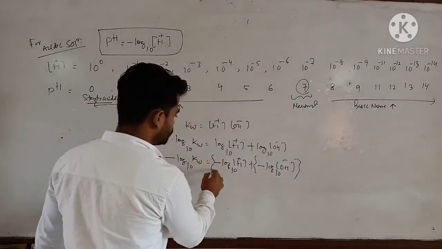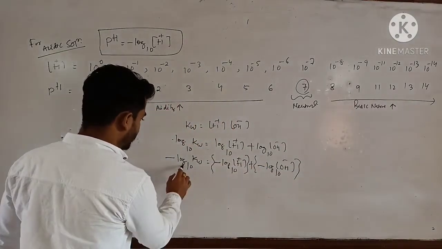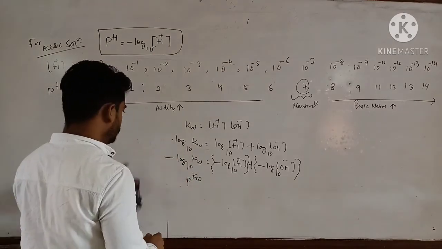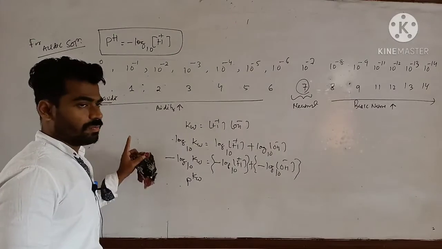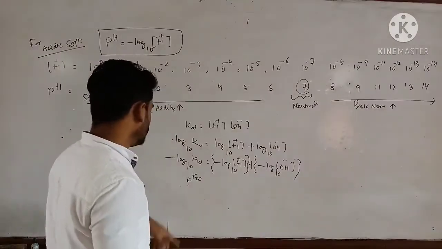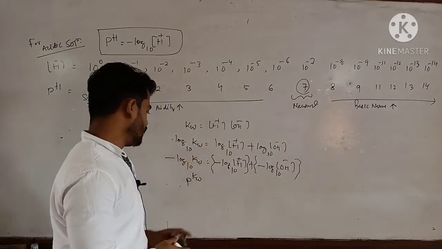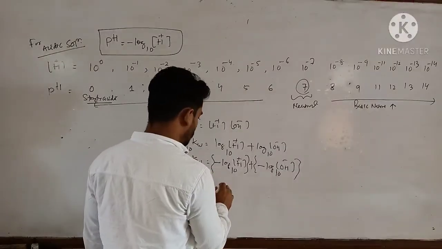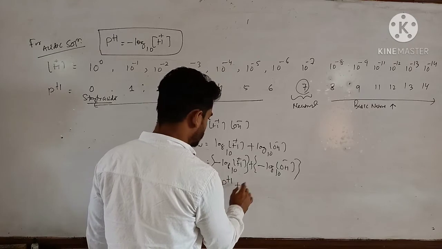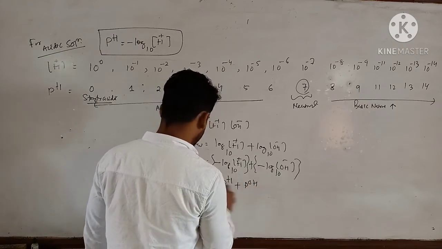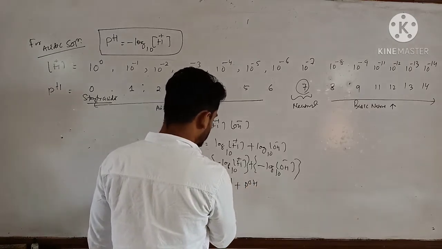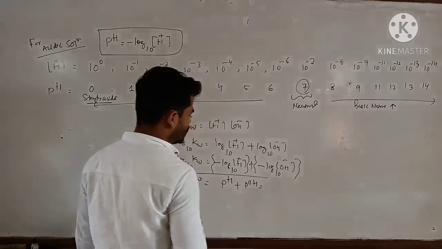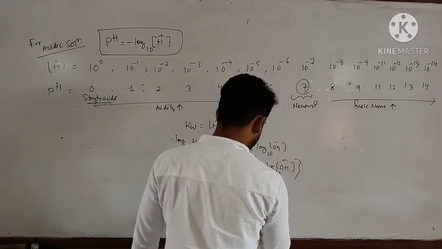Is that clear? Now this negative log 10 of Kw is nothing but pKw. pH is equal to negative log of H plus ion concentration. So negative log of Kw is nothing but your pKw, that should be equal to pH plus pOH. So pKw is equal to pH plus pOH, and pH you know will be equal to 7, because